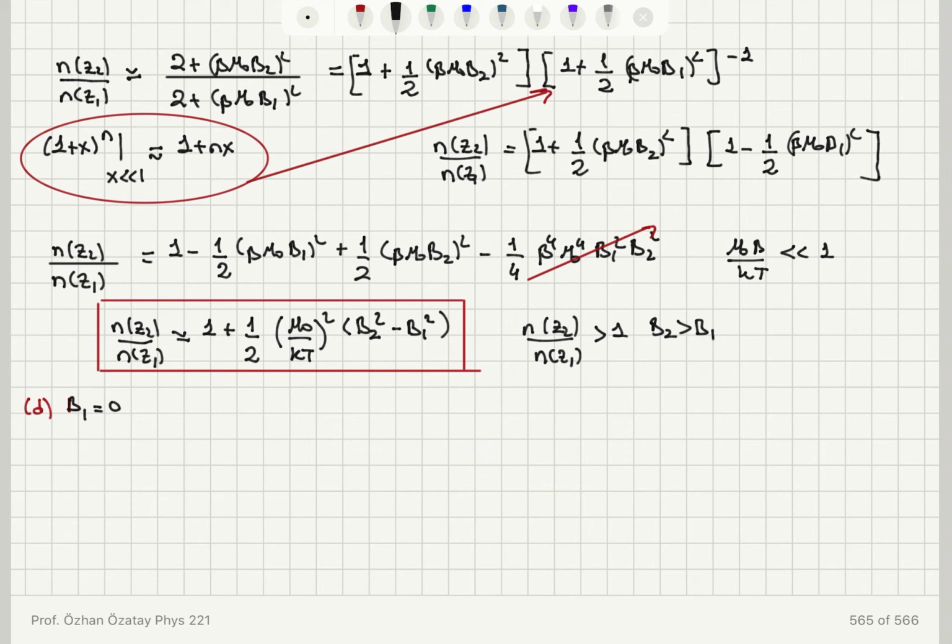On the other hand, I have for mu 0 b2 over kT, this will be 10 to the minus 23 joules per Tesla times 5 Tesla divided by the value of kT at room temperature, which is 1 over 40 electron volts. So 1 over 40 times 1.6 times 10 to the minus 19 to convert it into joules, and this gives us